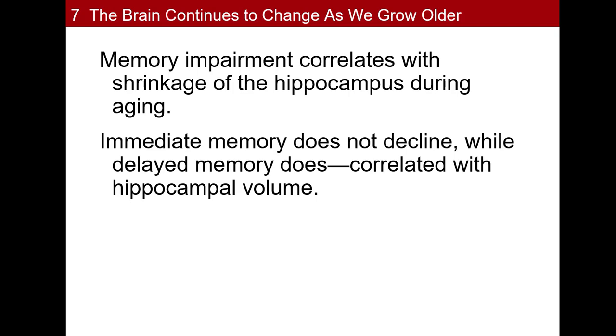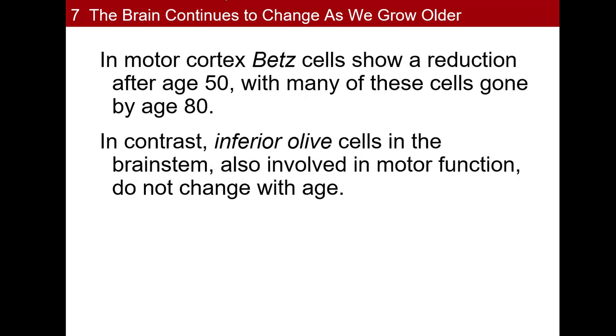When I say delayed memory, maybe I give a few words to a person, and then have them do some other tasks, and then I say, can you remember those 3 words that I told you earlier? To see if they still remember them. On the other hand, immediate memory does not decline in a healthy aging individual. If I tell you 3 words and then very shortly afterwards ask you to repeat them, we would expect that a healthy older individual would still be able to do this. So as a normal part of aging, we can see a decrease in memory and in the size of the hippocampus, but the memory issues tend to be more with delayed memory rather than immediate memory.